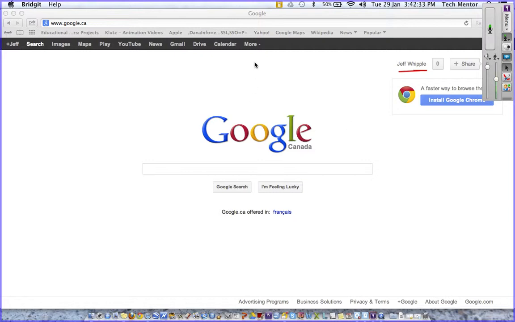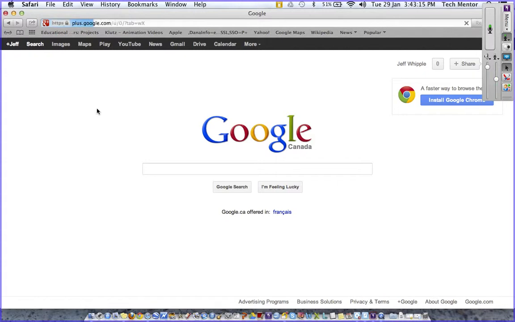The other key to it is that along the top of the page, I'm going to see a bunch of tools. We looked at Google Drive or Google Documents, as many of you will be more familiar with it, the first of the month. But Google Hangout is a new tool that Google started, very much like Skype, but even more powerful, I think. And it hangs out over here to the left of this toolbar that runs along the top of your page, and it's under the Plus Jeff, or the Plus Google, or better known as Google Plus suite of tools. So I'm going to go ahead and click on this